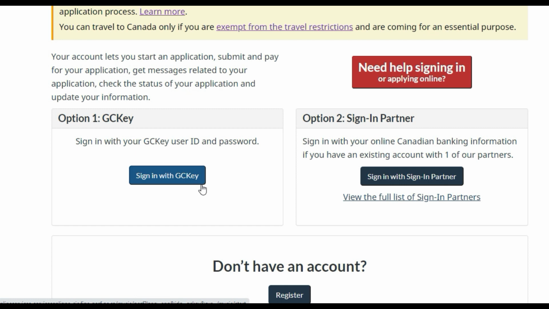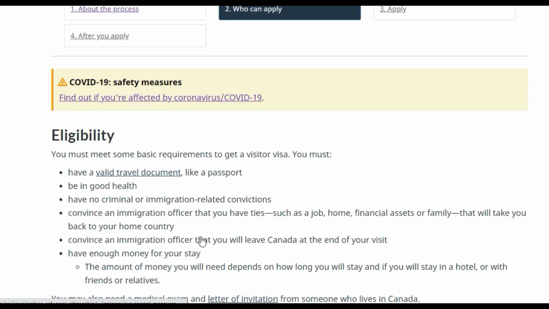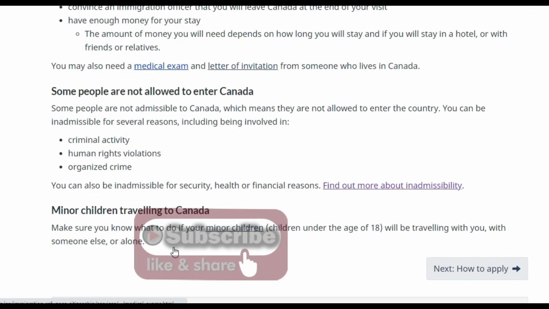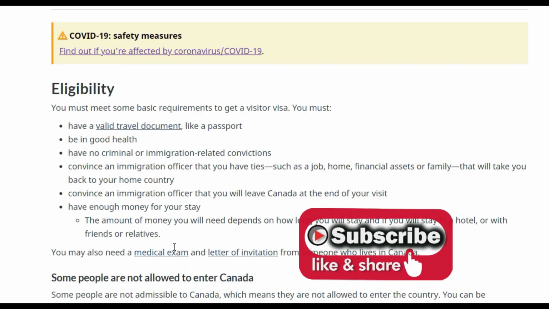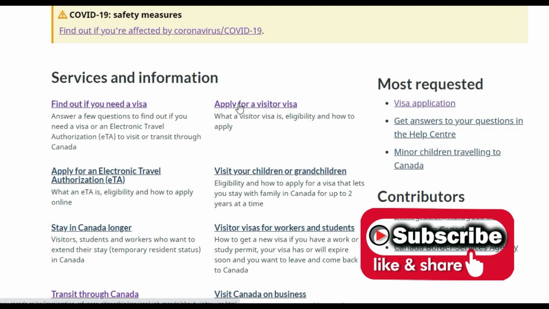Even for transit also, and also the IRCC web form for how to contact the embassy. You can also check eligibility here. It tells you all the things about how to check eligibility, and you can download the form here also. Apply for visitor visa.